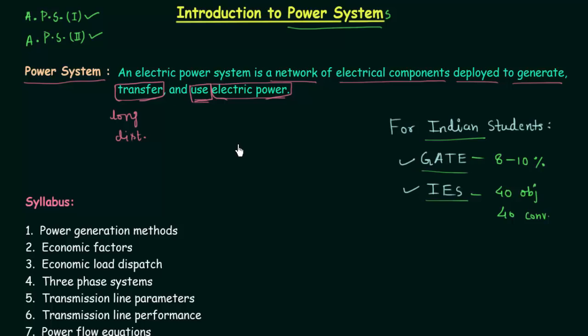We can divide the task into 3 different parts. I will write them down. The first one is generation, the generation of electric power, then the transmission of electric power over long distances. After that, distribution of the transmitted power. So generation, transmission and distribution is what we have to study in this course, and we should carry out these